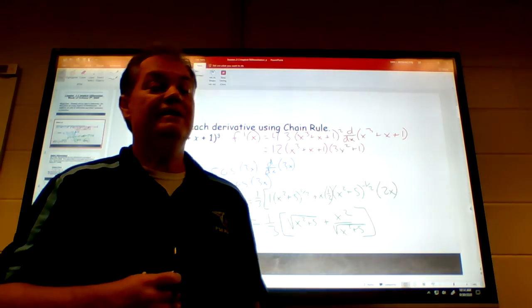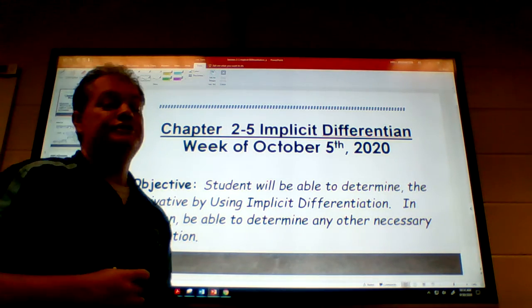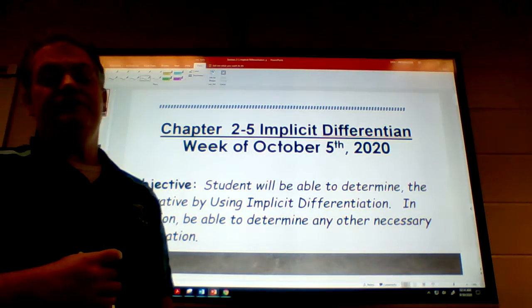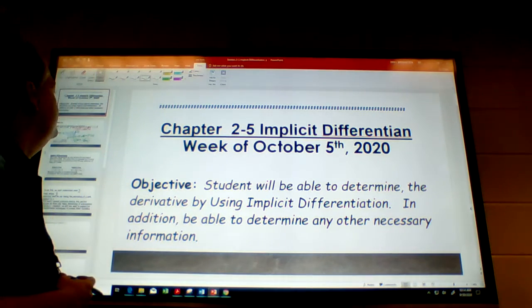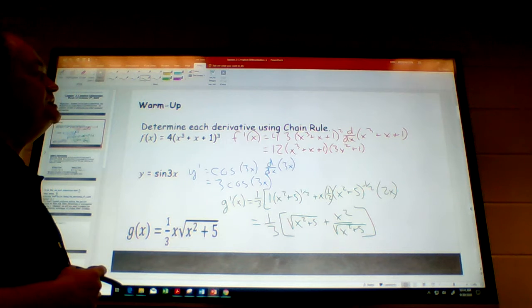All right, folks, we're going to talk about section 2-5, which is on implicit differentiation. It's for the week of October the 5th, and you can read the objective on here. Okay. Due to time, I went ahead and completed the warm-up for you using chain rule, but I'll talk about